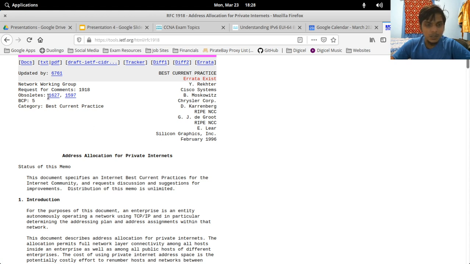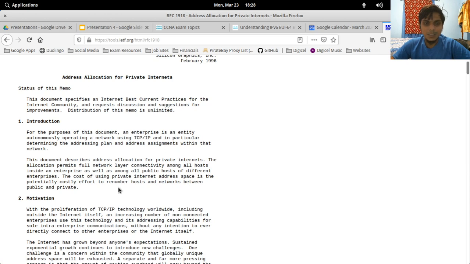So yeah, you'll see it's basically a set of standards, but they have different categorizations. So you see this one is a best current practice. You have the authors here. You see Cisco is such a big company and they've had such a deep impact on the networking world. These guys write RFCs. So the RFCs are like the laws of the internet, so the laws of networking. And you see Cisco contributes it, RIPE NCC, you'll see other people around, Juniper, and all these big companies, they all contribute to these things.